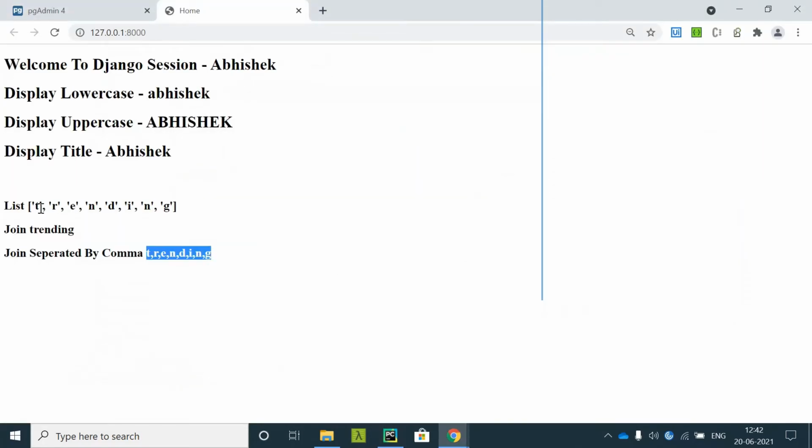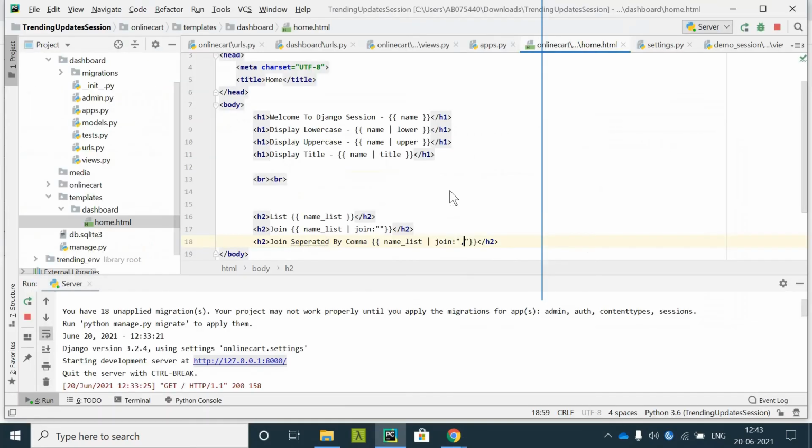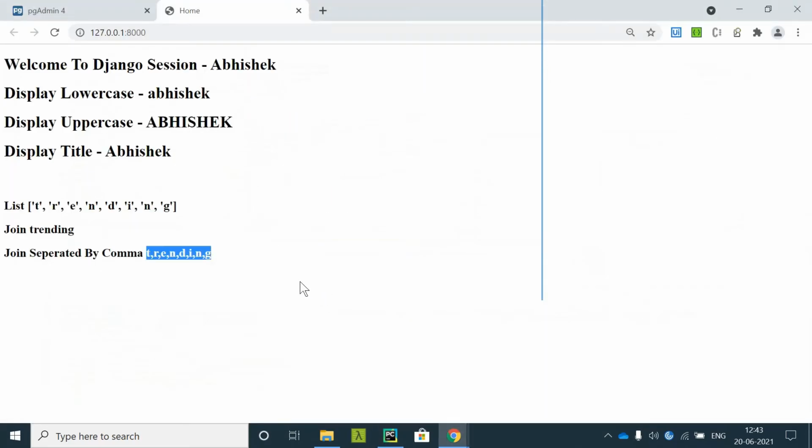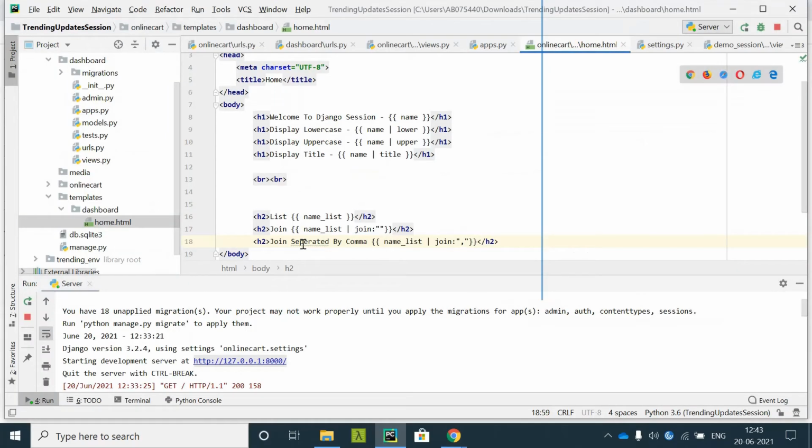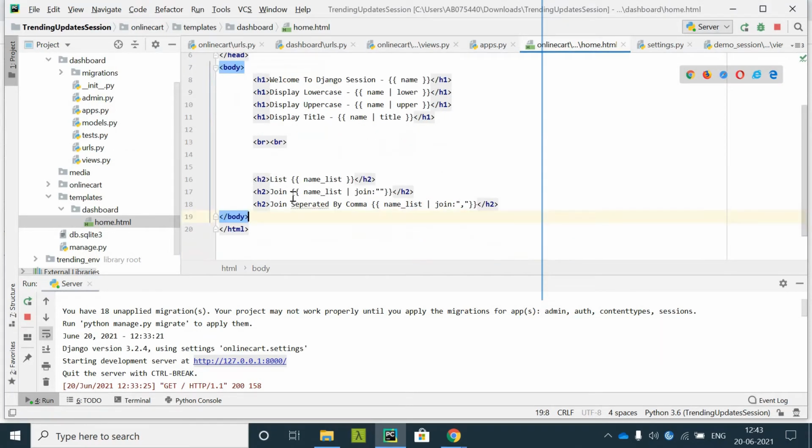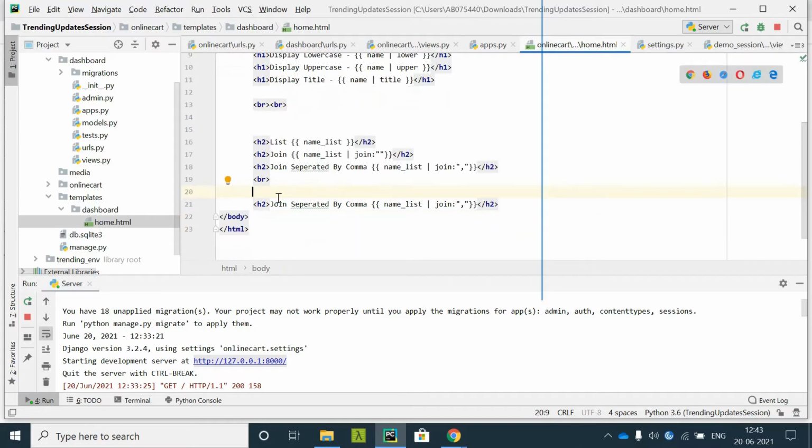Now we'll see we can also calculate the length of the string as well as the list using the length filter. So how do we do that? We can do it like this: length of name and length of list.